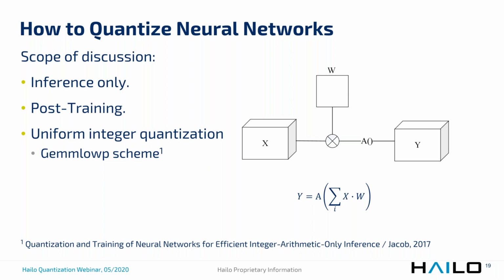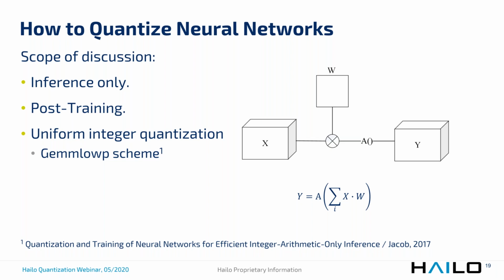That means that the training of the network is being done in full precision. We're going to be talking about quantization that takes place immediately post-training. That means that we don't have another phase of quantization-aware training. We just take the neural network that was trained and we perform some sort of a heuristic-based algorithm to quantize it. And we're going to assume that